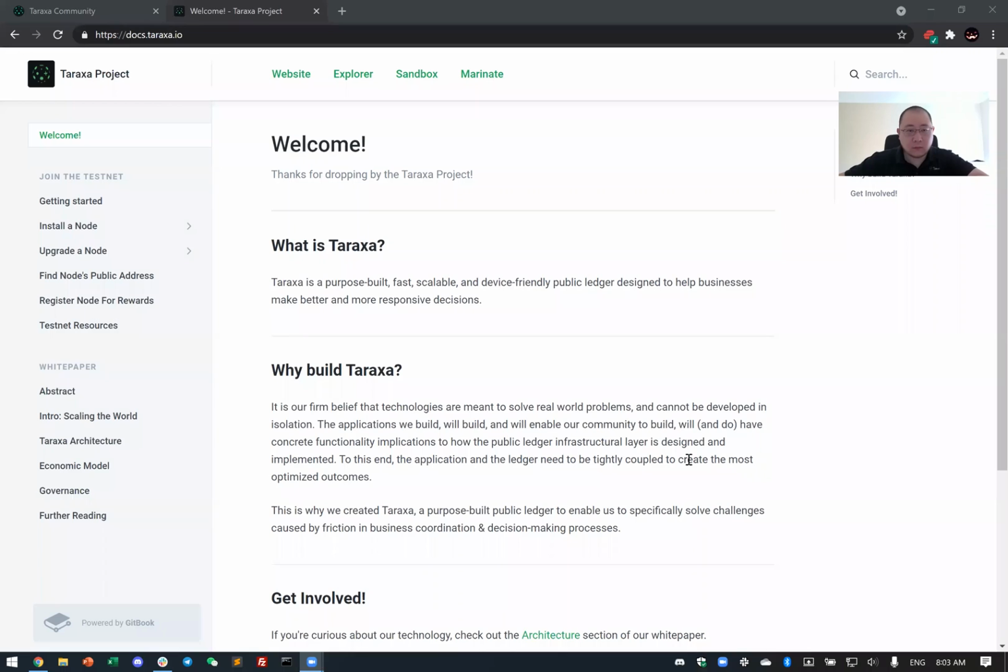Let's get started to talk about how to install a testnet node. Let me share my screen. Let me wait a few seconds to make sure that everyone can see the screen. All of our instructions on how to set up a testnet node are at